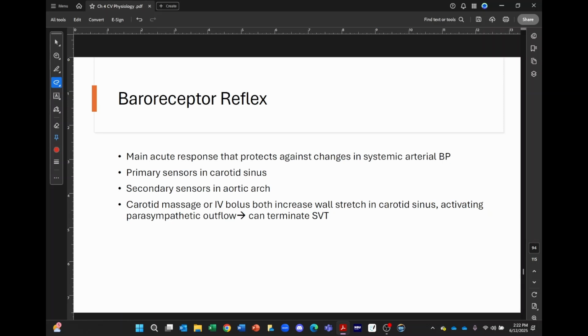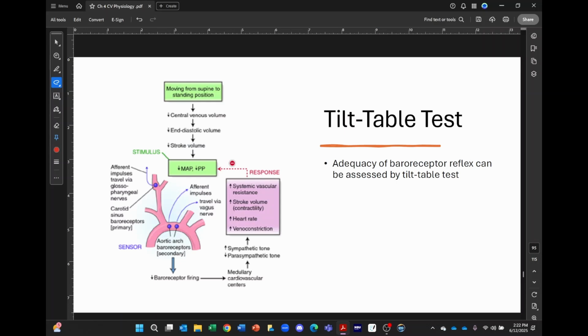So the primary receptor is in the carotid sinus. We also have one in the aortic arch. So in the aorta and the carotid, we have baroreceptors there. Carotid massage, IV bolus can also help terminate certain abnormal heart rhythms. And this graph just kind of talks about you have your carotid sinus receptor. Here's your aortic arch. They send a